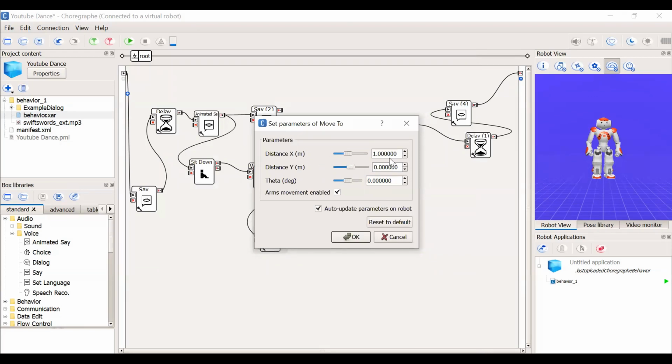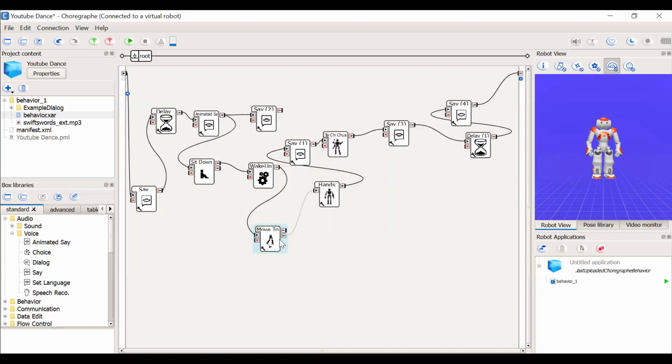and you can see how much we need to change. X will be the NAO moving forward, Y will be sideways, and theta is if you want to rotate the NAO. Once the movement is executed, it will send the signal to the hand. The hand movements will be that the hands will be up,